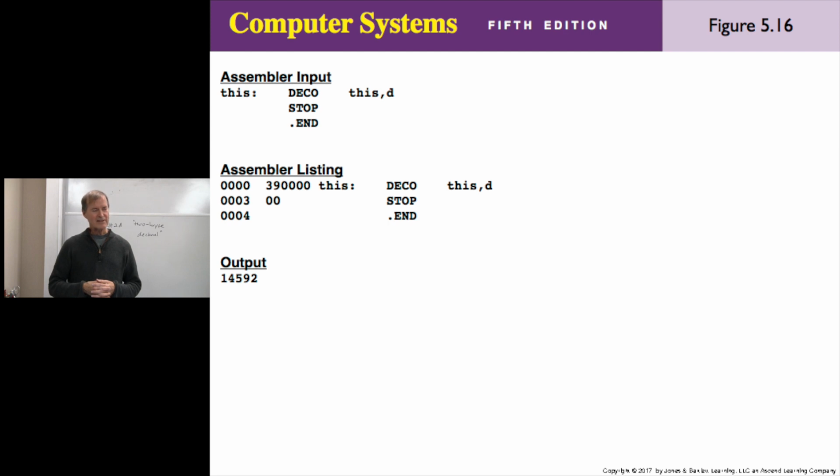Now what the heck does that do? Apparently, what does it say on the output? What comes out? 14,500. How in the world? I don't see a 14,592 in that program anywhere. How the heck does that come out? Does it get randomly whatever is